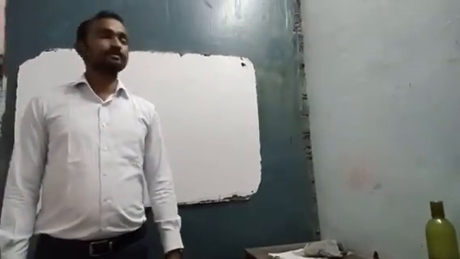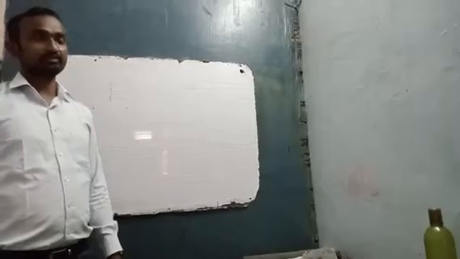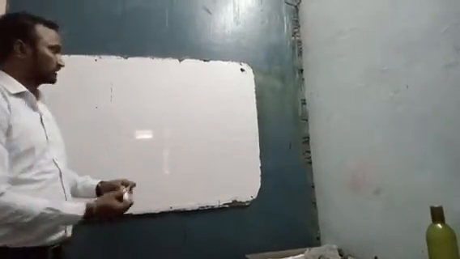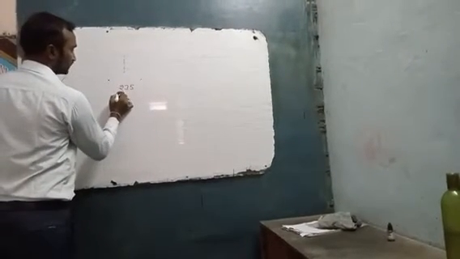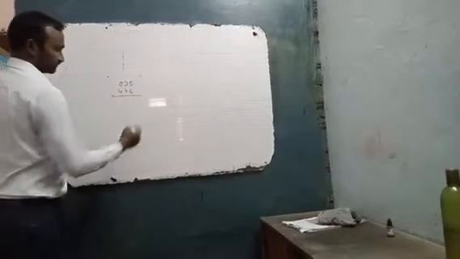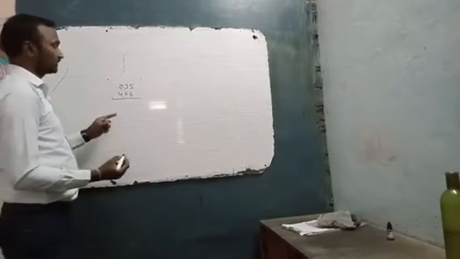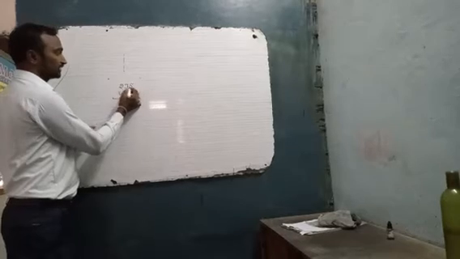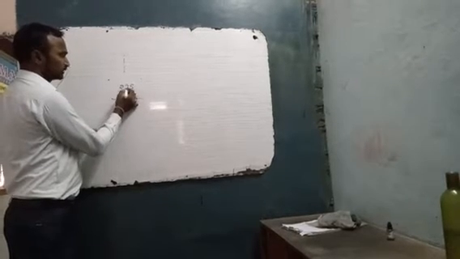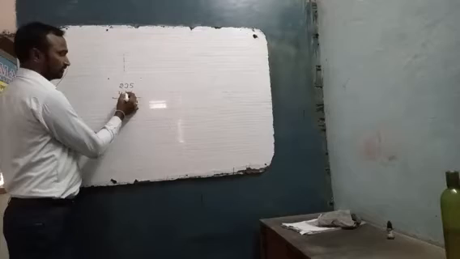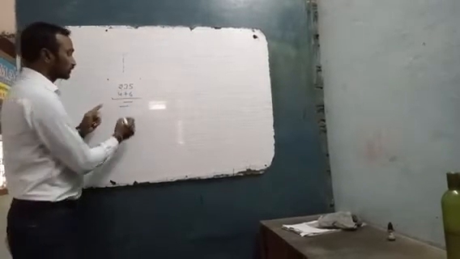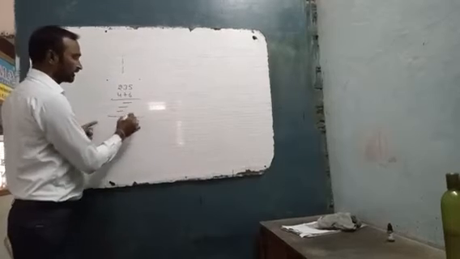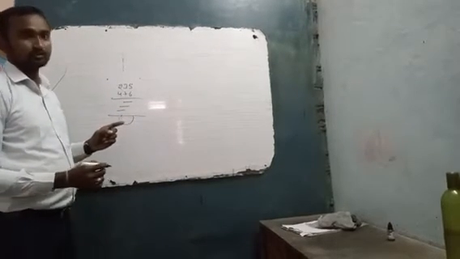Today we are going to discuss cross multiplication. This is one shortcut which is useful for multiplying any given number of digits. Suppose while using this cross multiplication, 235 into 476 is given to you. In normal multiplication, we are multiplying 6 into 5, 6 into 3, 6 into 2 in one line. Later we are taking 7 into 235 in one more line. Later we are taking 4 into 235 in one more line. Finally we are adding all those steps.